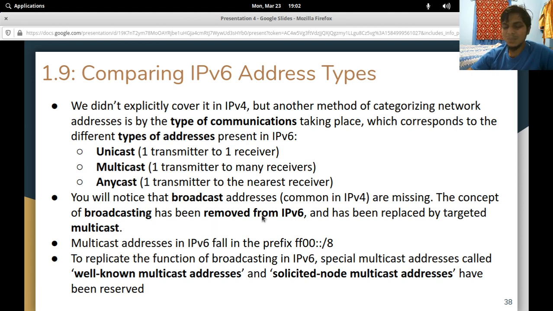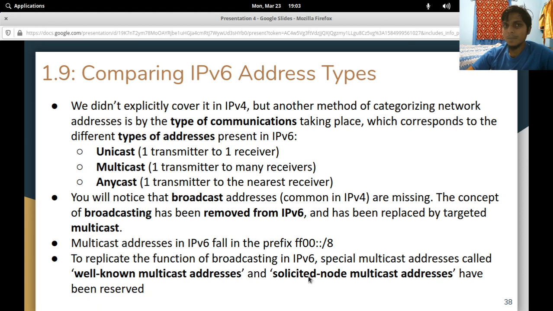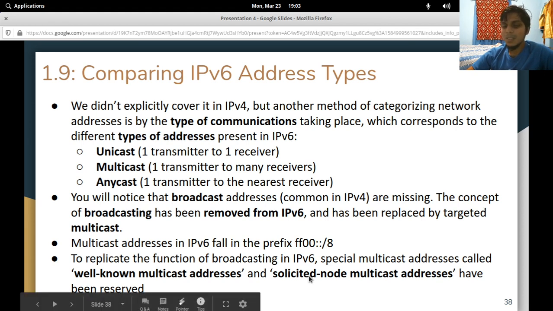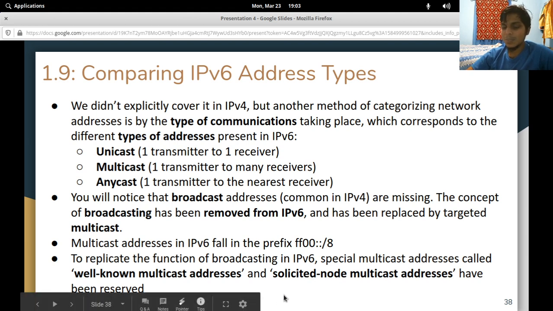This is the concept in a nutshell. Remember, broadcast was just somebody standing up and shouting to everybody else in the room. In IPv6, we realized that this was very inefficient and it caused a lot of problems in our network. So we made up some special multicast addresses. We basically said, if you want to listen to this guy shout, then tune into this channel, or subscribe to this email thread, and you will hear everything this guy shouts about. But we're not going to let him shout to everybody. It's only if you subscribe to it that you're going to get it.